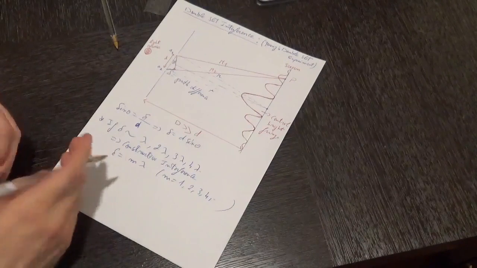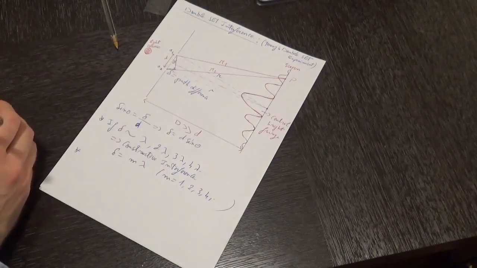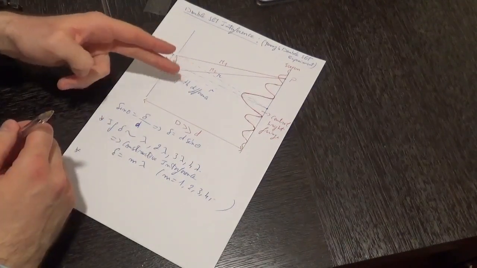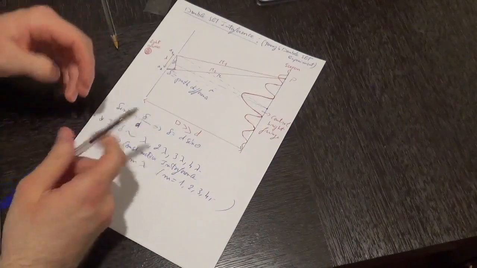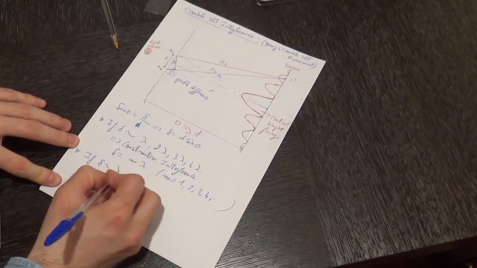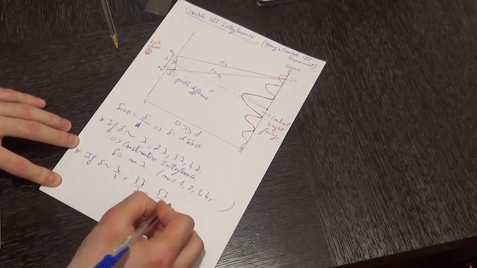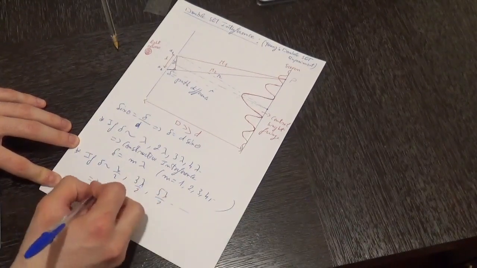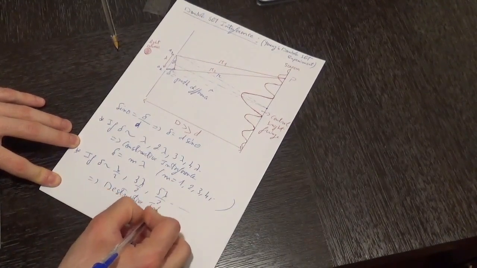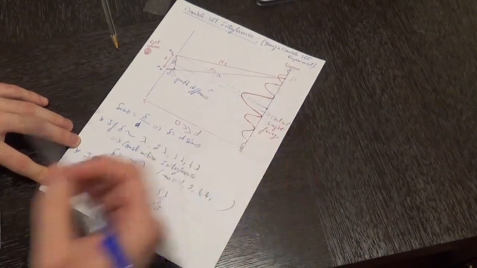Now, the second case is if that path difference delta is proportional to lambda over 2, or 3 lambda over 2, or 5 lambda over 2, and so on. Therefore these two waves are going to interfere destructively, meaning that over here we are going to have the formation of a minima, a dark fringe,